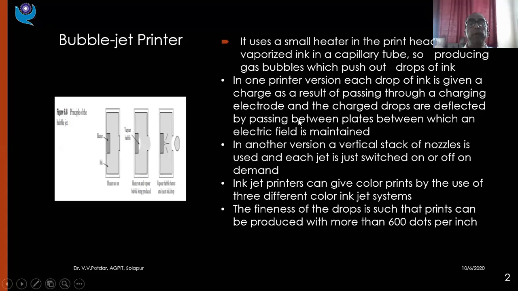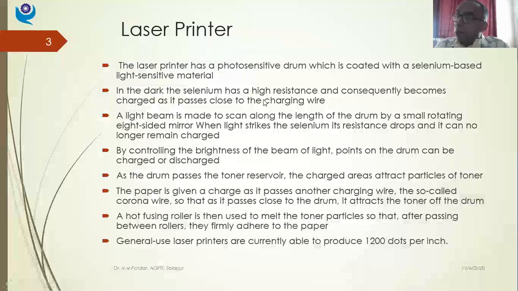Moving further, we have a laser printer. Now these are much in use nowadays. You'll find laser printers in every walk of life. The reason being low maintainability. The maintenance cost is very low. There is no clogging of head as such, whereas in case of inkjet printers, you have clogging of heads or nozzles. Further, in inkjet printers, the running cost is also very high because the cartridges are a bit costlier. The ink is costlier, and the number of pages each cartridge can cater to is limited.